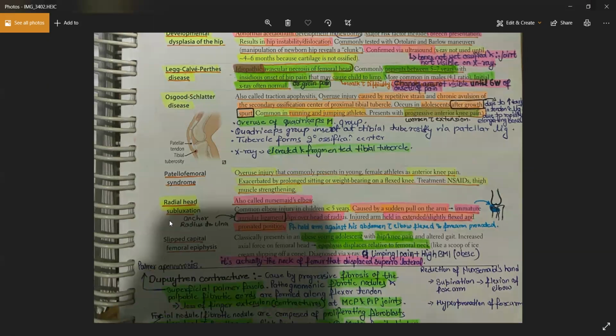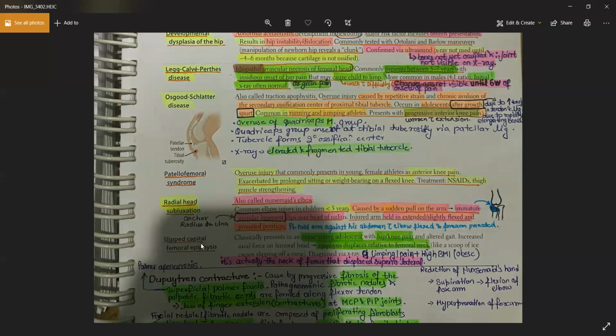Then the radial head subluxation, also known as nursemaid elbow, seen in a child after sudden pulling of the arm, right? It generally happens while preventing the child from falling and something like that. What happens is the annular ligament, which is a ligament around the radius, slips between the humerus and the radius, and as a result, the patient will have a slightly flexed elbow